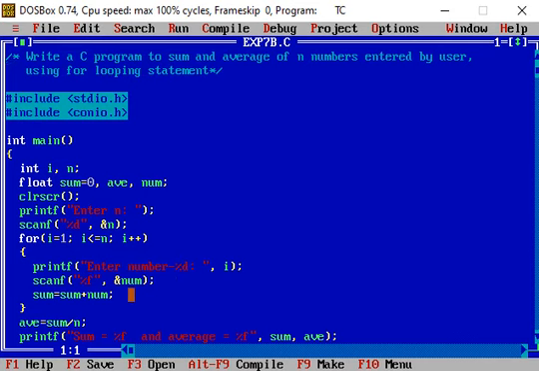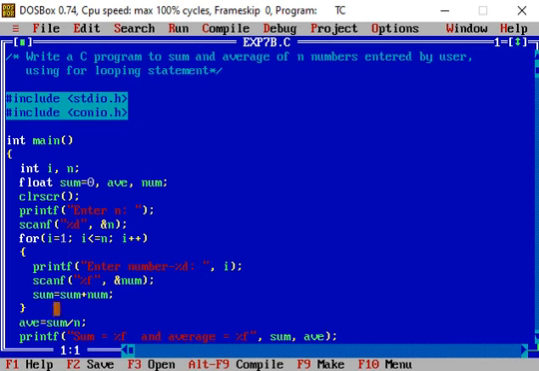That number is taken in by the scanf function and is stored in the variable num. Then the next statement, sum equal to sum plus num, adds the number taken in to the initial sum. The initial value of sum in the beginning is set as 0. So 0 plus the first number is added and the result is stored in the left side variable sum.